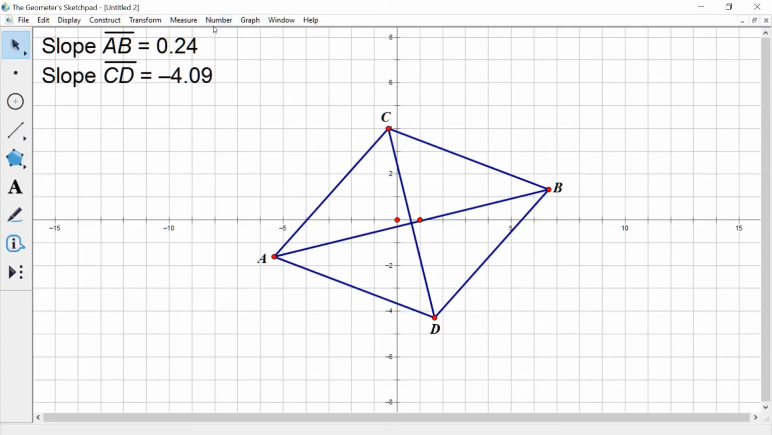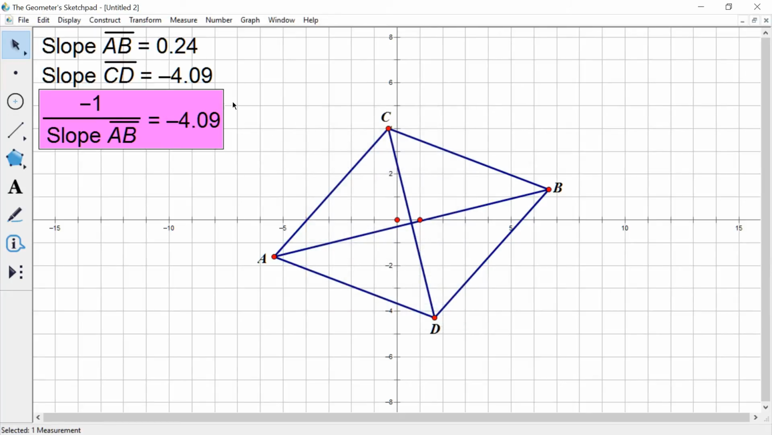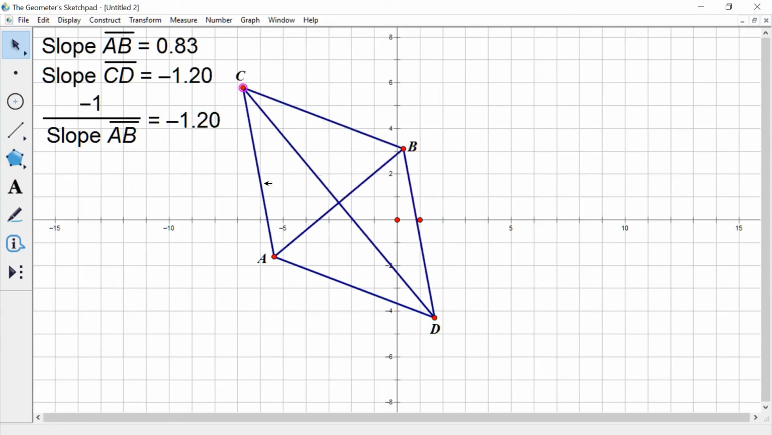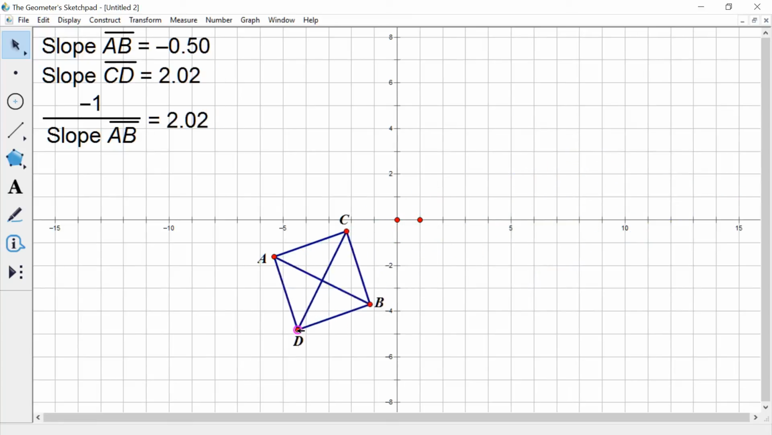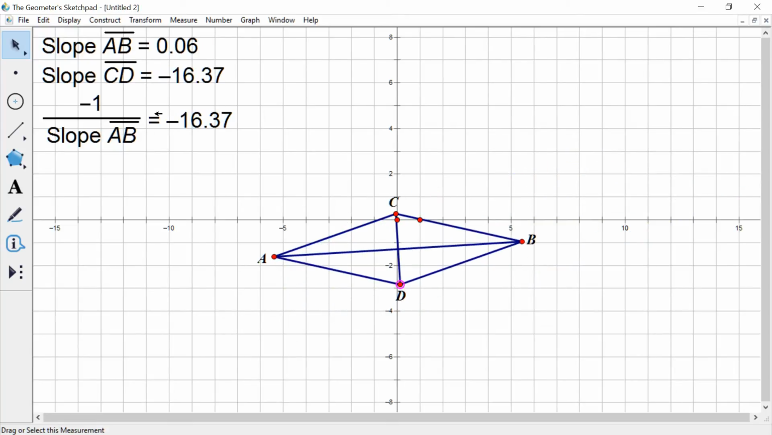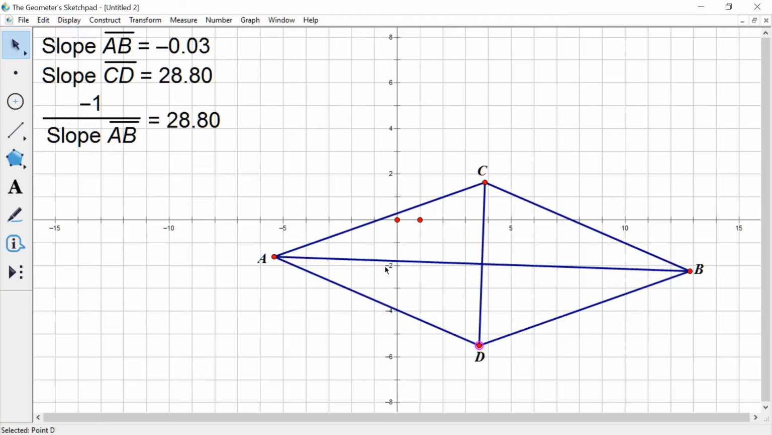Now check this out. In case you don't realize this, let's calculate this. I'll do 1 divided by that, and I'll opposite it. Because what did I do there? That's the opposite reciprocal. And what can you tell me about opposite reciprocals? Lines that have slopes that are opposite reciprocals are perpendicular to one another. So it appears as though all of these rhombuses I draw have slopes that are opposite reciprocals of